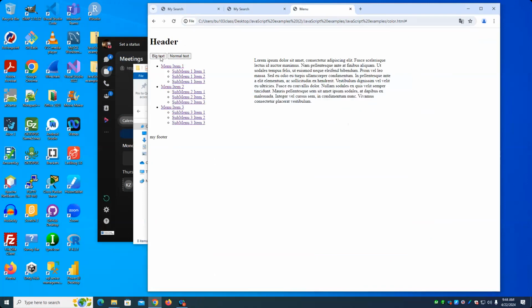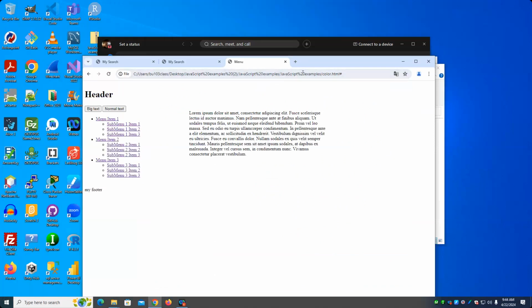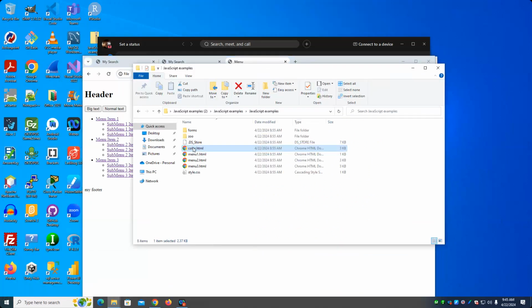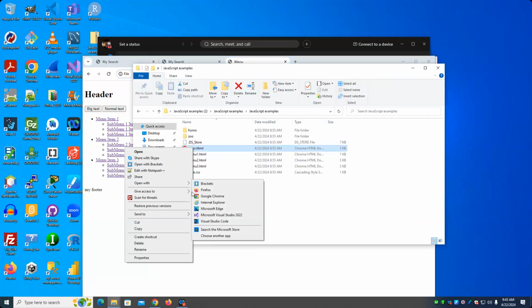Small text, big text. Interestingly enough, this is called color, yet this has nothing to do with color. I don't know. When I made this example, I must have copied it from something else. If you look, you can see